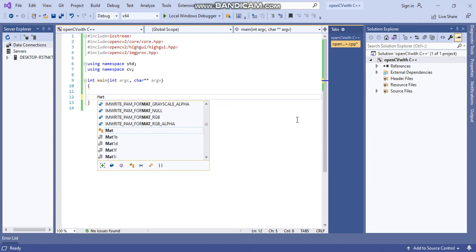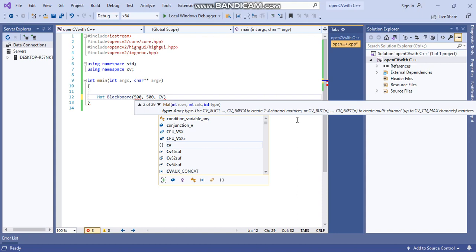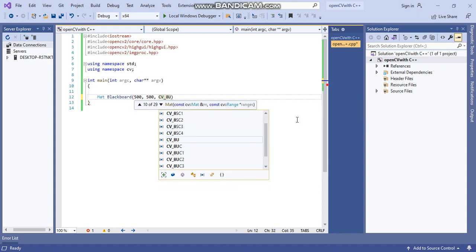So matrix type is Mat, and you can say blackboard, with dimension like x coordinate 500, y coordinate 500, then CV_8UC3.